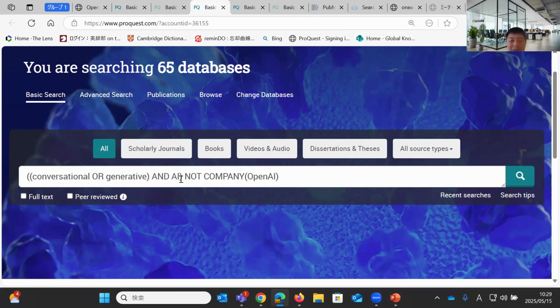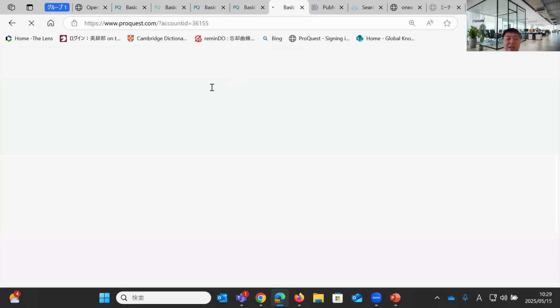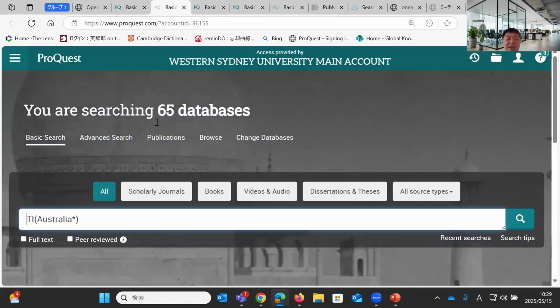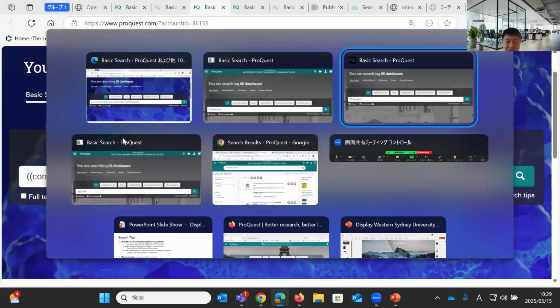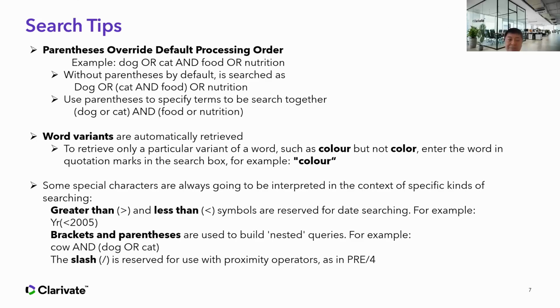That's the set one. And then from that set, I want to exclude the company OpenAI. Sorry, I'm talking about the field first, but this is a field for company. It's pretty simple, company. But title is TI. So different fields come with different codes, but the company OpenAI. So I want to exclude OpenAI, and you can use these parentheses in order to decide which one needs to come first. I thought I had more options open, but I'm sorry, I think because the session expired, I lost the page that I opened before. So let me just go back to the PowerPoint.